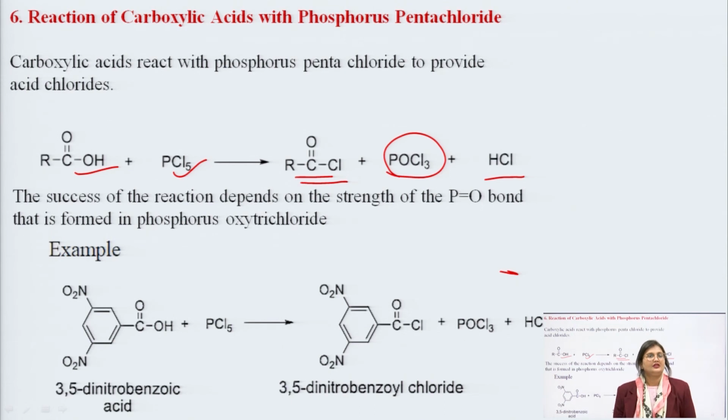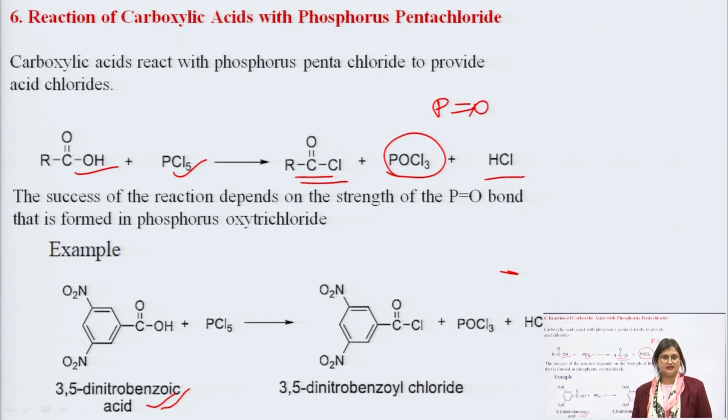The success of this reaction depends upon the strength of the P double bond O bond that is formed in phosphorus oxy trichloride. Stronger the bond, more successful would be the reaction. Now, for example,